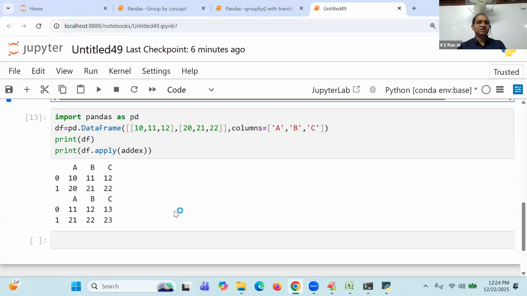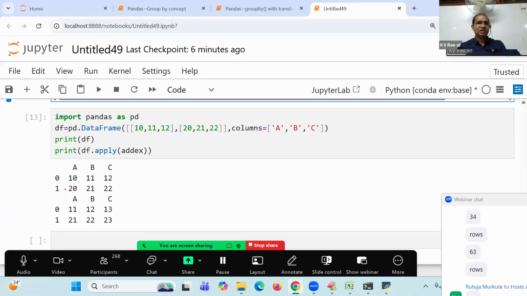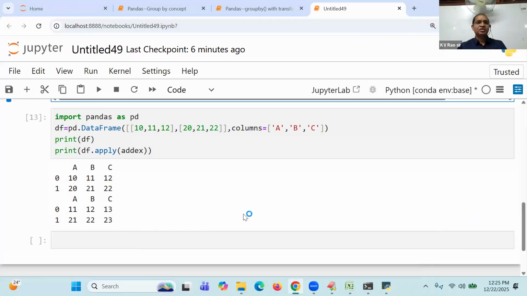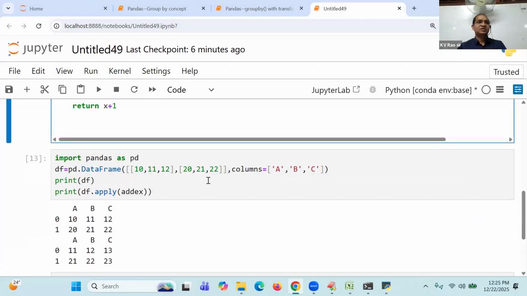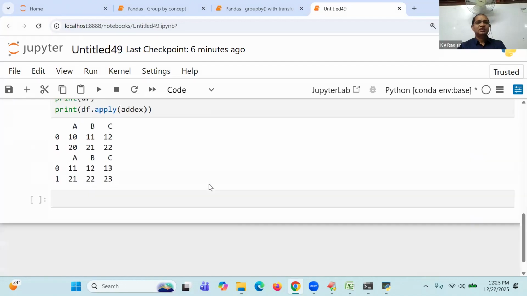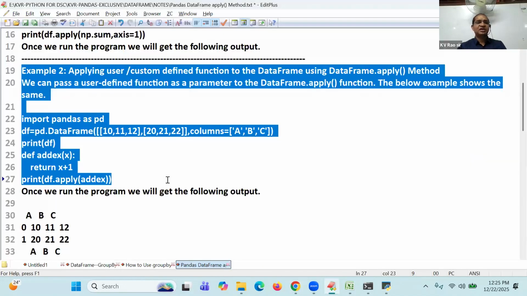Each value is adding what? Plus 1. So how is this adding? 10 plus 1. Next, 20 plus 1. 11 plus 1. 12. All these values are added or not? You can take your entire data like this. I think you are following this. Clear? Right. That means apply function can take